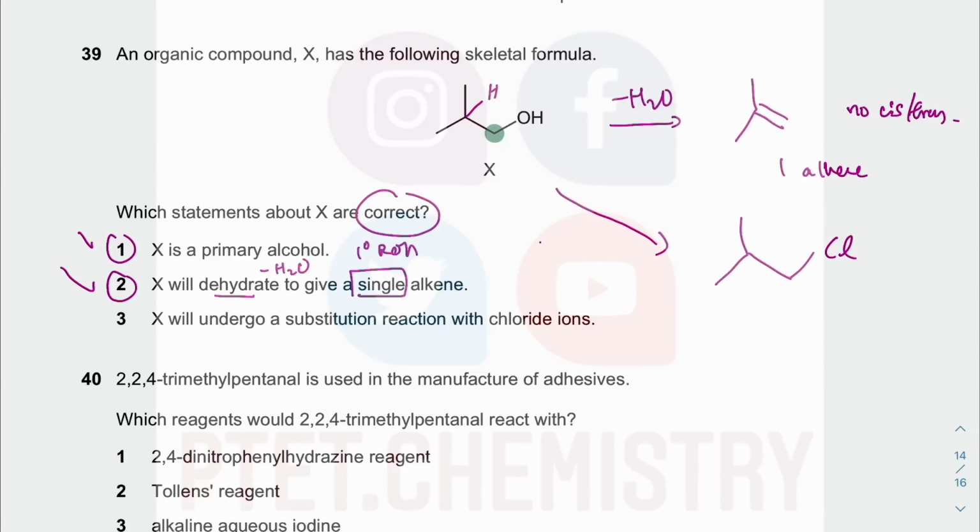Typically we would use SOCl2 or PCl5, okay? But then there's also other cases where you use HCl, okay? You can use concentrated HCl, and there is a source of Cl minus. Essentially you need to reflux it a lot, but it can undergo a substitution reaction if you have that, because